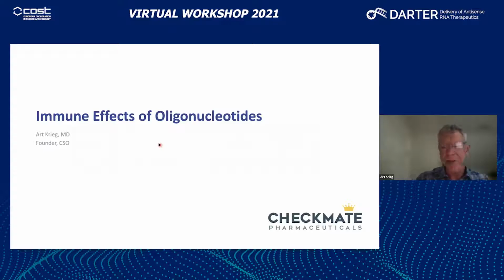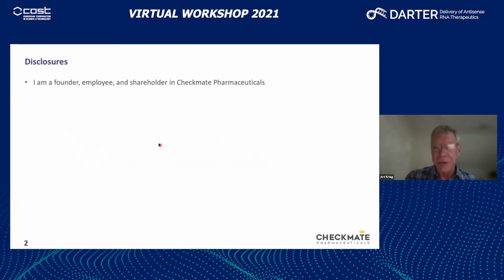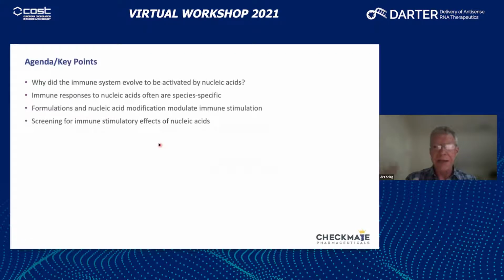I think it's still morning for you, and I'll talk about one of my favorite subjects, the immune effects of oligonucleotides. Just a disclosure, I do work at Checkmate Pharmaceuticals, where we're actually developing immune stimulatory oligonucleotides for cancer immunotherapy. They have great potential as drugs to activate immunity, but what we want to talk about today is the downside of that. For people trying to develop ASOs or siRNAs for other applications, you really don't want the immune